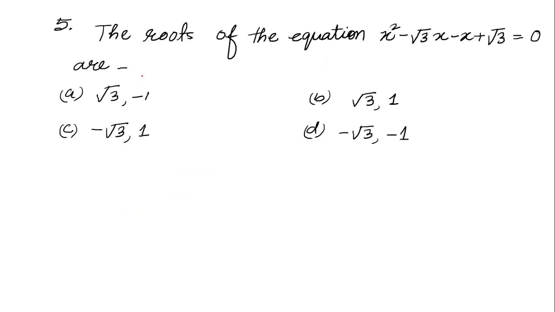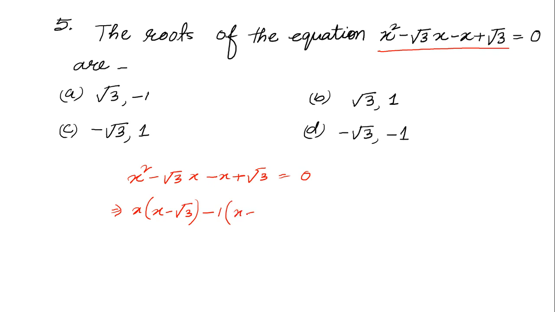Question number 5. The roots of the equation x square minus root 3x minus x plus root 3 is equal to 0. So this equation I'm writing here: x square minus root 3x minus x plus root 3 is equal to 0. Now if we factorize it, what will happen? x minus root 3 common, whole into x minus 1 is equal to 0. So here, what will happen, either